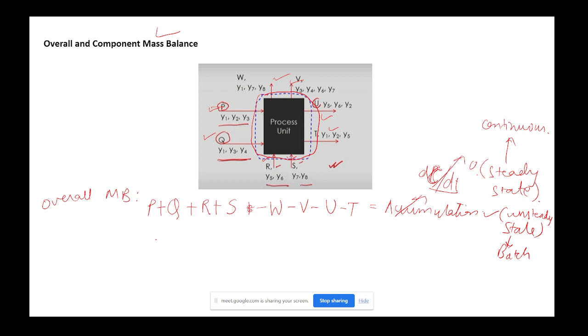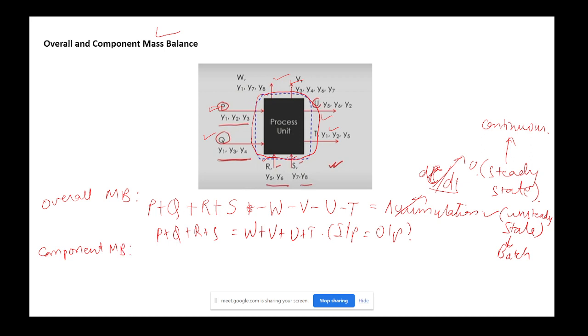So for steady state we can even say that whatever is going into the system is coming out of the system. Input equals output. Now if we want to apply component wise mass balance,